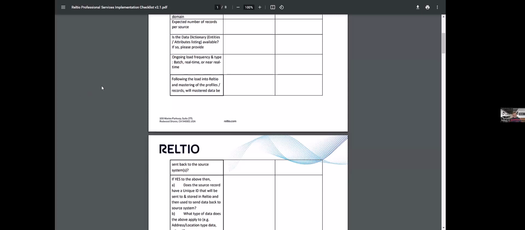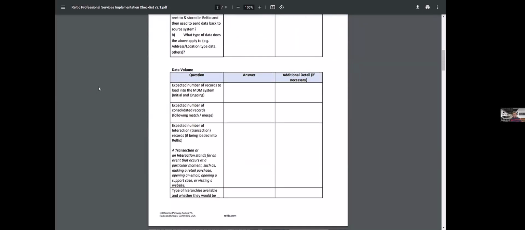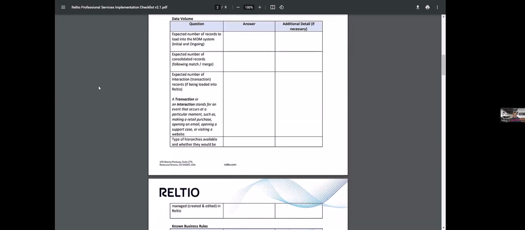So once we finalize these source systems, the next big thing is the data volume. Basically, what sort of filter conditions or what sort of data needs to come in from each of the source systems. Most of the time, we usually forget about the filter conditions.